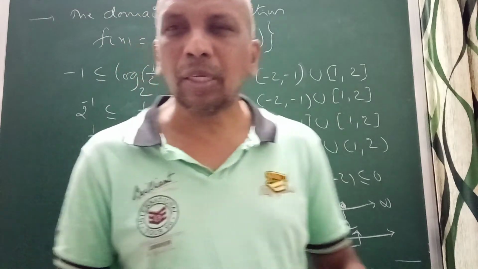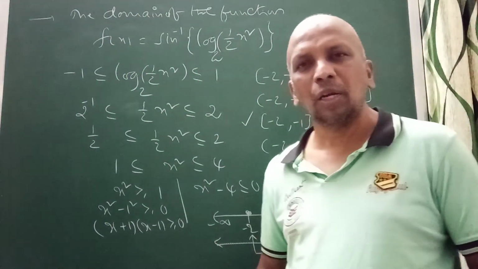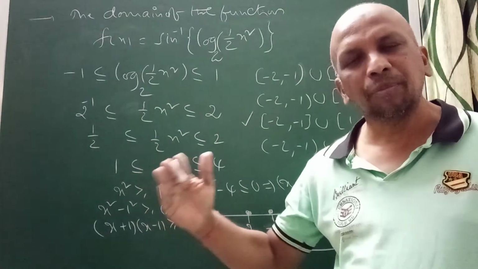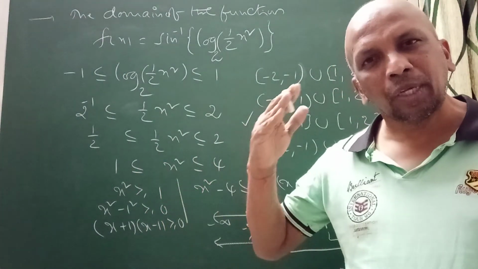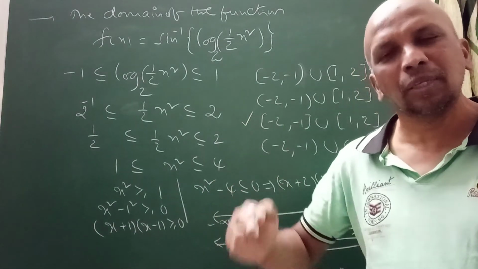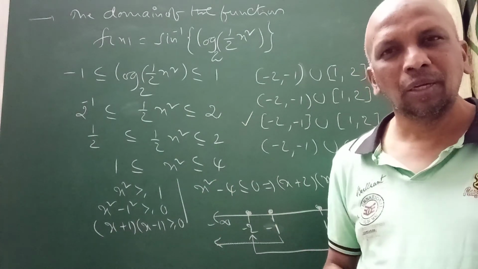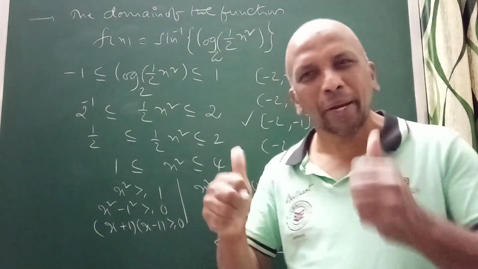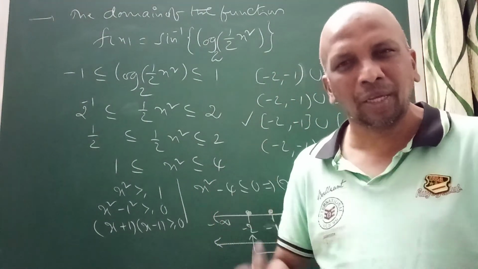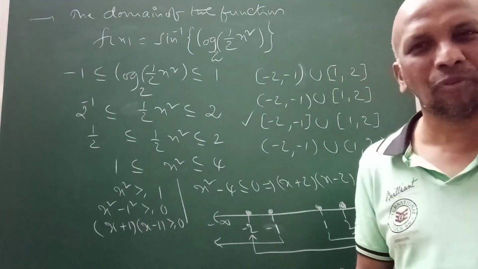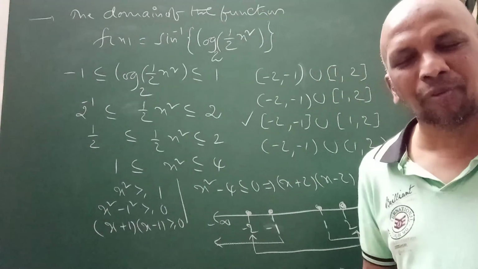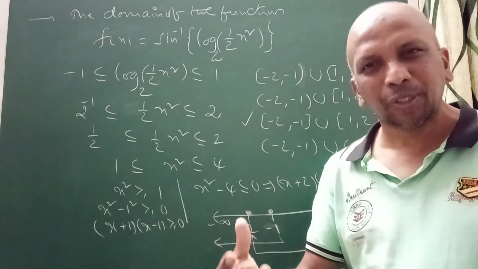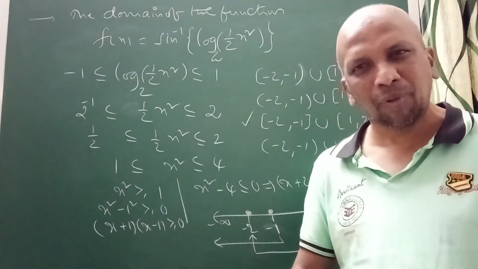So I am doing this seriously. I want to help all students to get a score of minimum 70. You should keep the target minimum 70 that I should get in JEE Main. Always you should think and dream about your score. You should try to get more than 70, minimum 70, you should get the max. You should think that way. If you dream it and think that way, definitely you will reach your goal. I am sure about that. Always I will be with you. I will help you. I will encourage you.